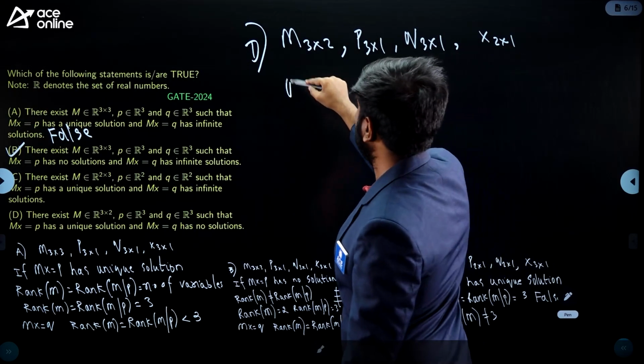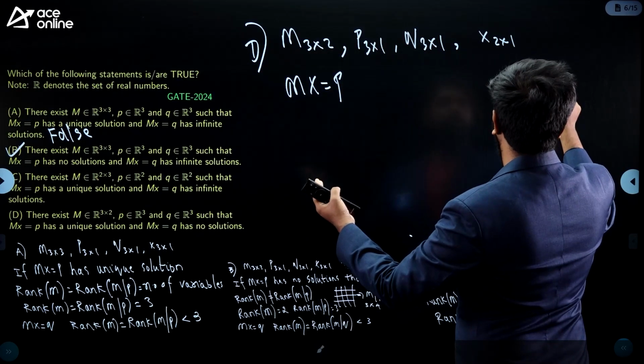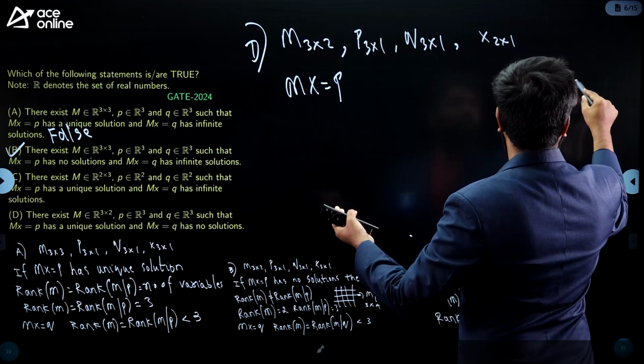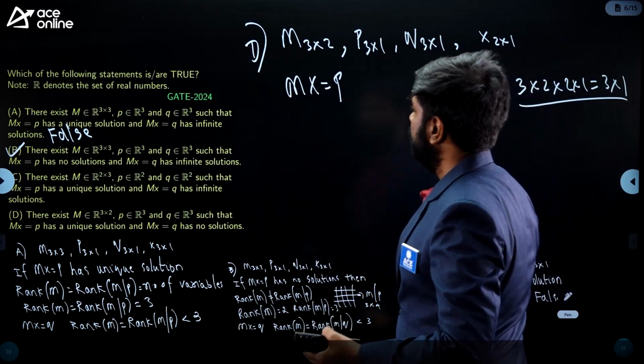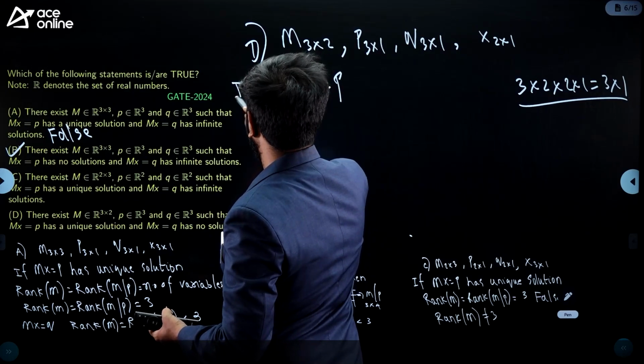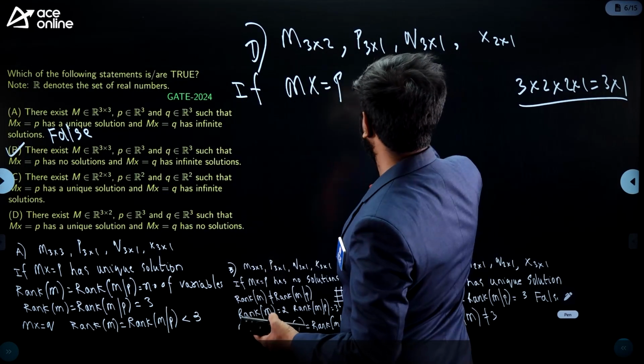If you have doubt, you can verify. M into x must give me P. So what is M? It is 3 cross 2 into 2 cross 1, which will definitely give me 3 cross 1. Yes, verified. So let's write like this: if Mx equal to P has a unique solution,